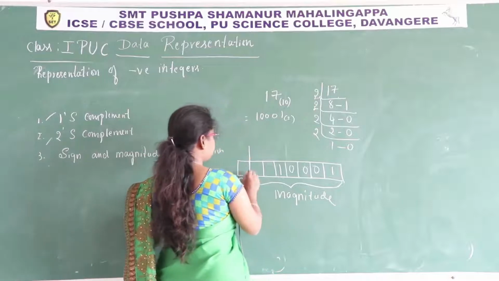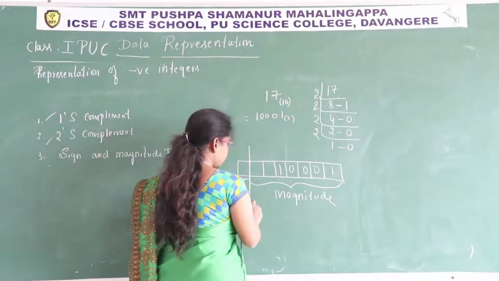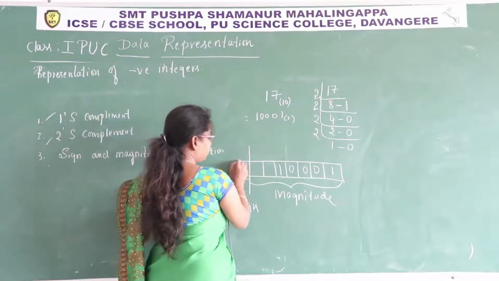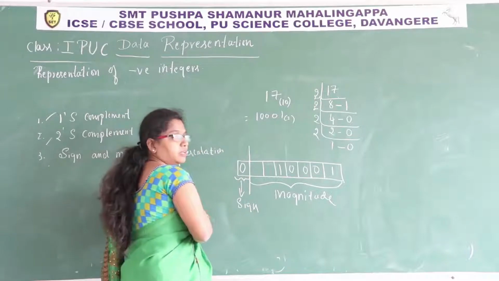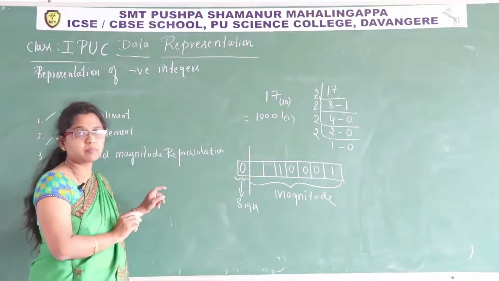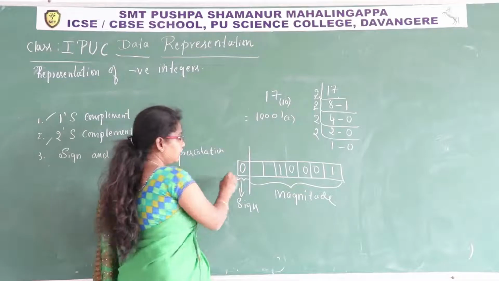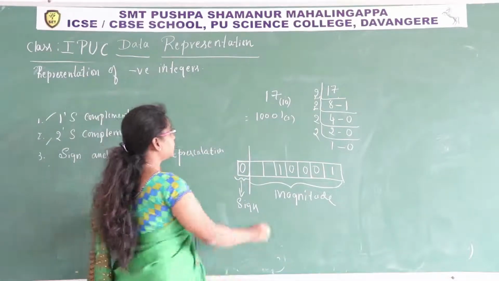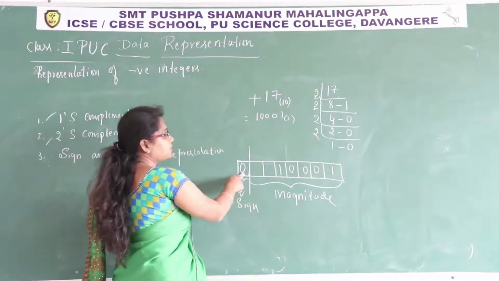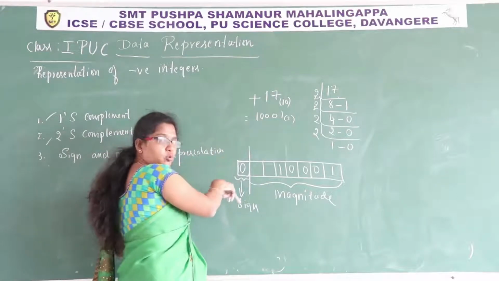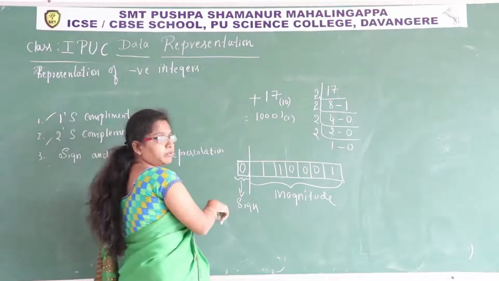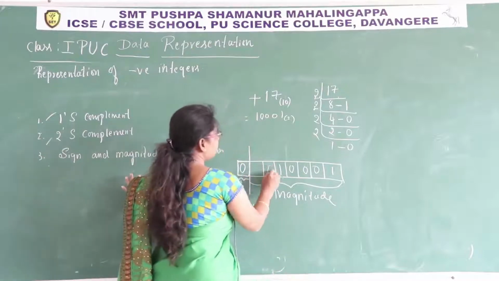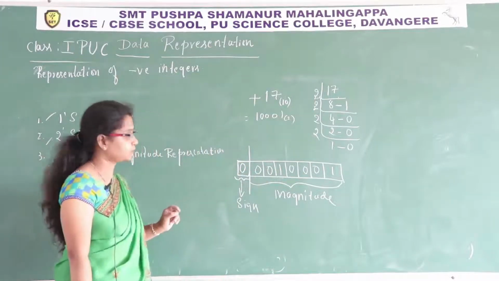And this 1 bit represents sign. If it is a positive number, the sign flag, we will call it a flag, is 0. If it is a negative number, the sign bit is 1. This bit is reserved for sign. If the given integer is a positive integer, then the sign bit gets the value 0. In this way, it's stored in the memory. If it is a negative number, it takes 1, and these 7 bits are magnitude. So the remaining 2 bits we have to fill with 0.